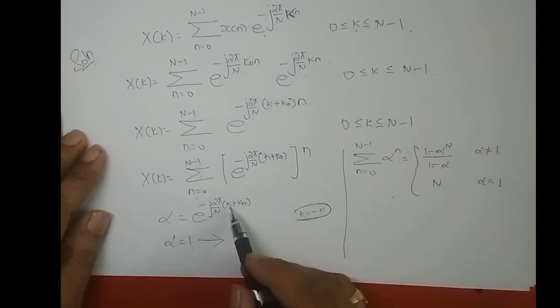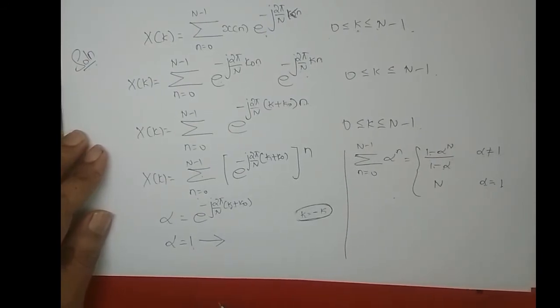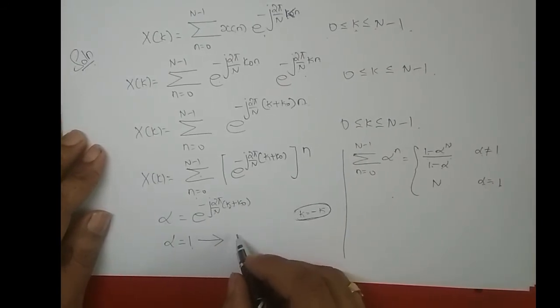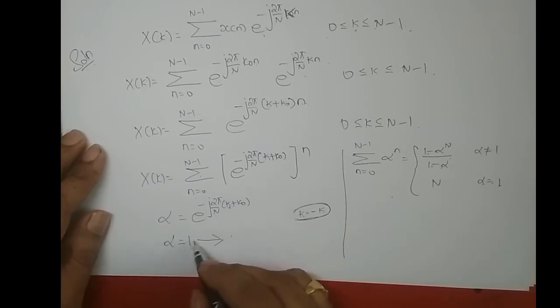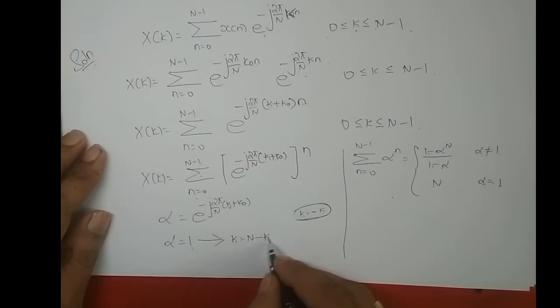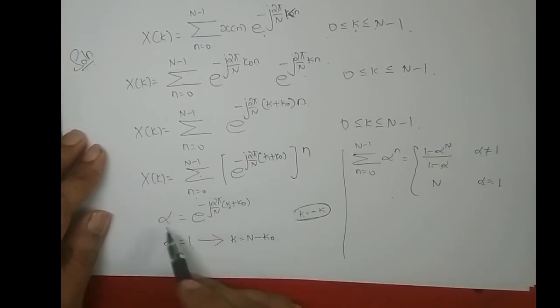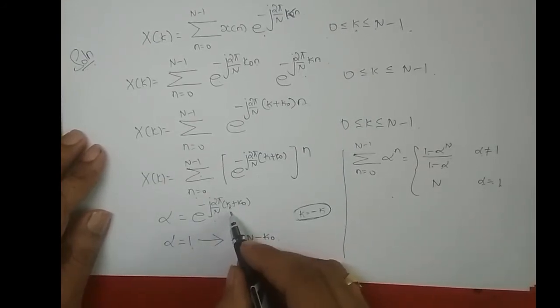Okay, so if you are thinking like this, it's wrong. K does not take the value minus k naught. So for what value of k does this alpha become equal to 1 then? It is when you put k equal to N minus k naught. When you put k equal to N minus k naught, alpha equal to 1. So the right hand side of this becomes equal to 1. How do we get this? If you put k equal to N minus k naught,